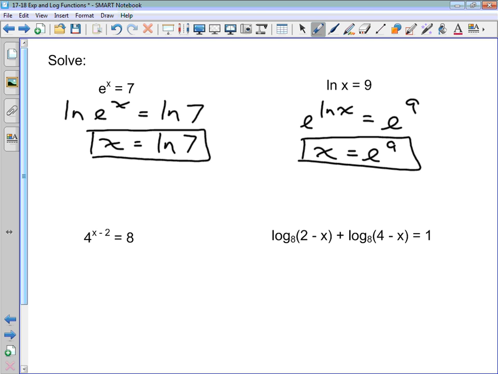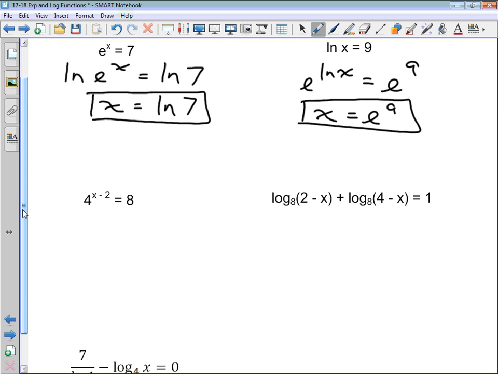All right. Let's look at something like this guy here. 4 to the x minus 2 equals 8. We want to solve this guy for x. What do you think we should do? Adam. I know this isn't logarithms, but can you just do 2 squared, or parentheses x minus 2, and then sub that in using regular exponent rules, and then for 8, 2 cubed, and then just do the